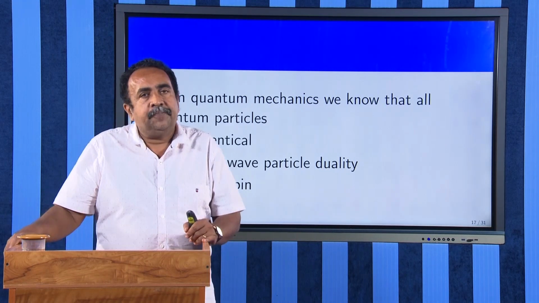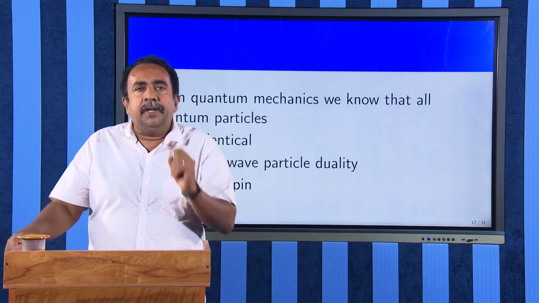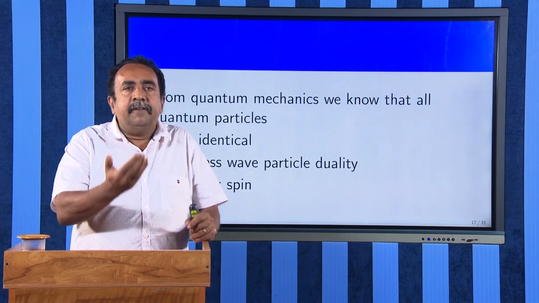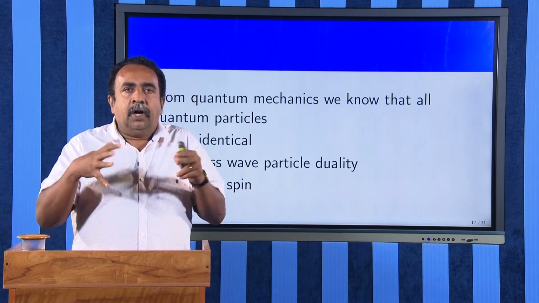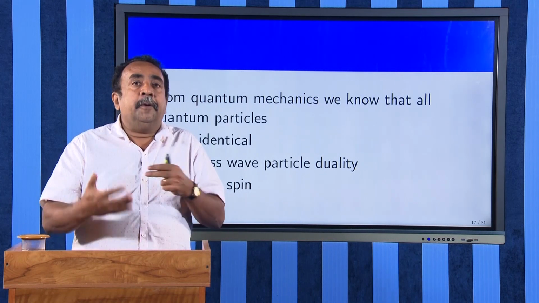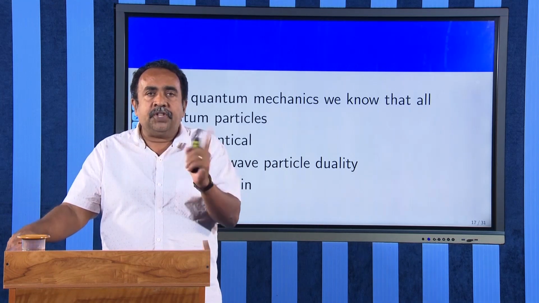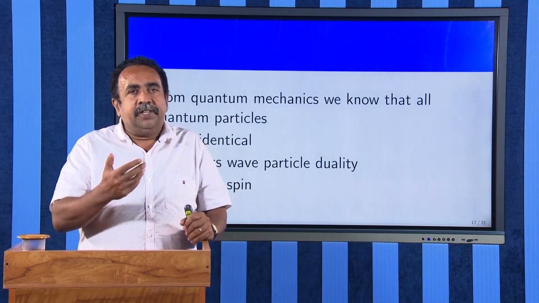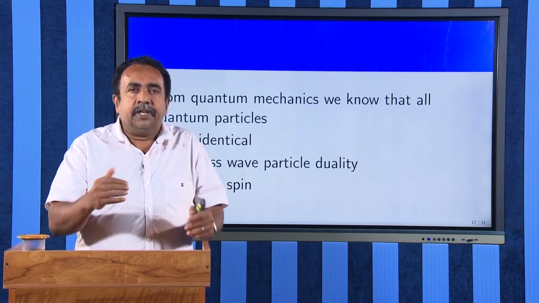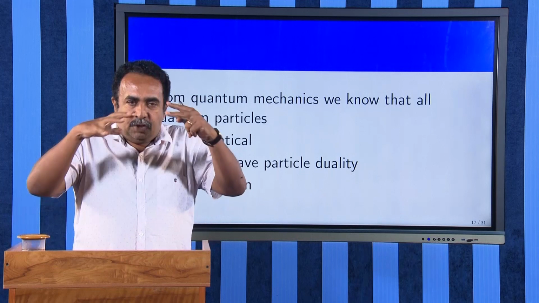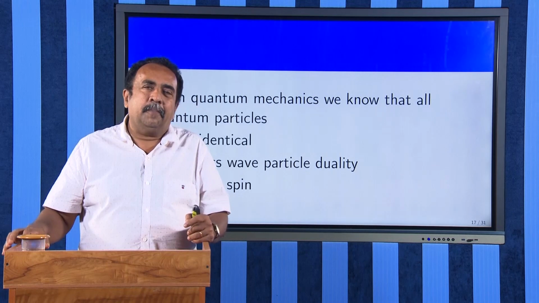The second is, all these particles must have a dual nature. That is, they will have wave nature as well as particle nature. That wavelength, for all the particles in the micro world, depends upon the temperature, and that wavelength is called the de Broglie thermal wavelength, which we studied earlier. As the temperature changes, their wavelength also changes. When the temperature is decreased, their wavelength will increase, and this wavelength will be responsible. The bigger the wavelength, the more aggressive the quantum property will be.